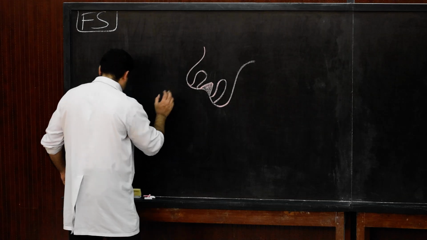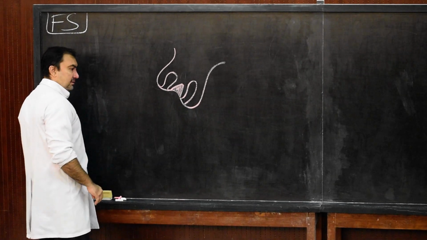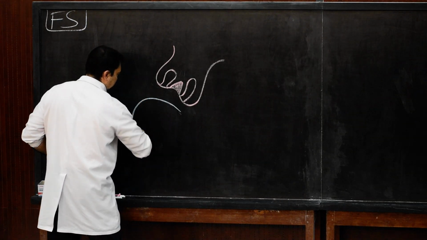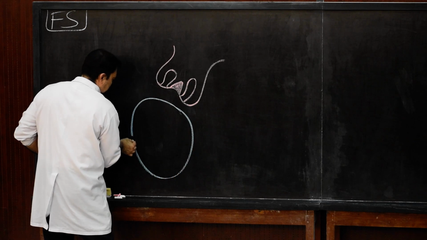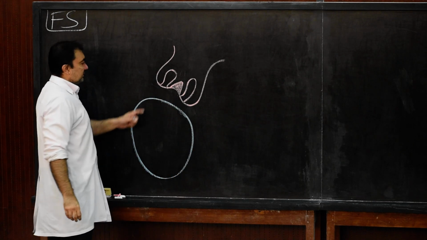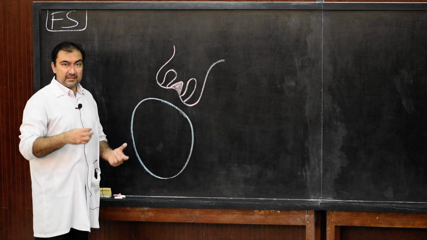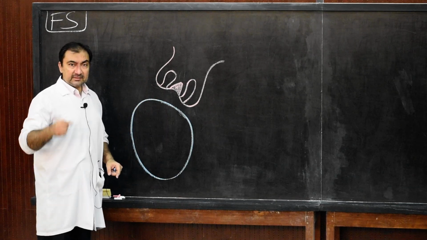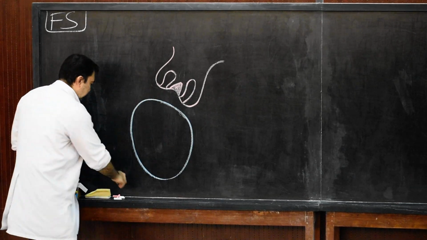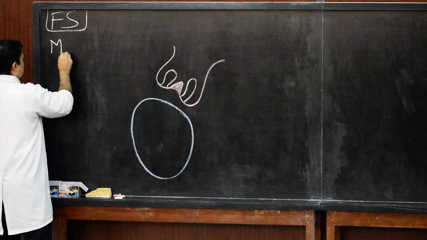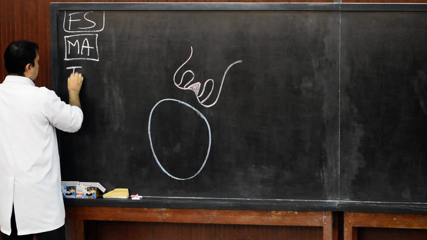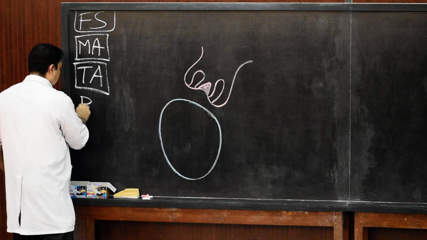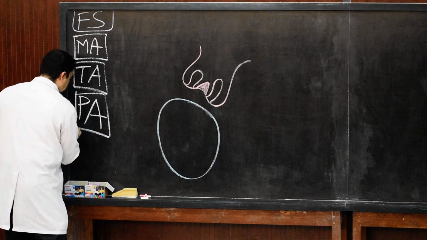And then just below that, we are going to draw the mitral annulus. So this portion over here, we are going to draw as the mitral annulus. Yesterday, in the fibrous skeleton part 1, we discussed the aortic annulus. Today we are going to discuss the remaining three annuli: first the mitral annulus, second the tricuspid annulus, and third the pulmonary annulus. These three annuli we are going to discuss as of today.